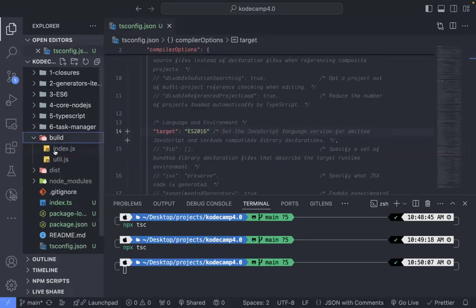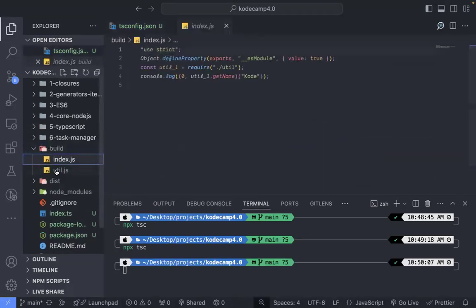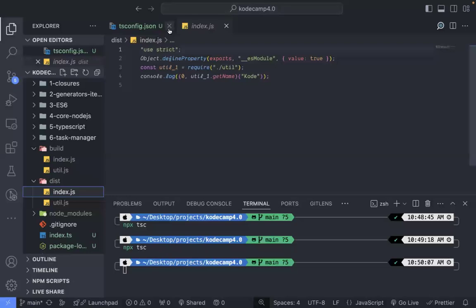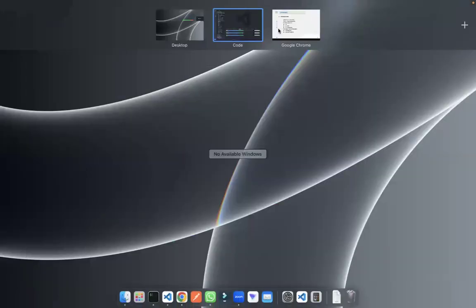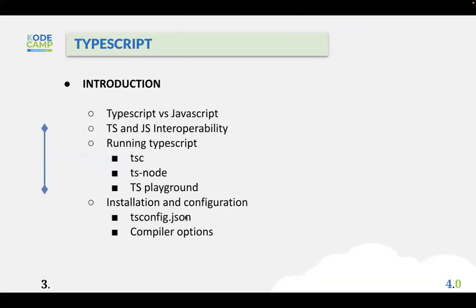This time around, check our build. Okay, our build is still the same. That's basically it. Those are the basic options for the tsconfig file, and we've looked at the compiler options. So moving forward,